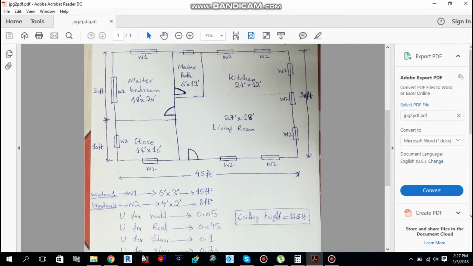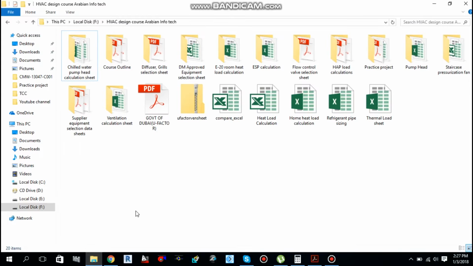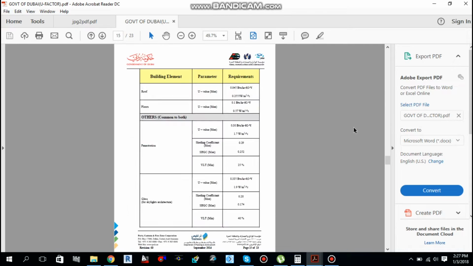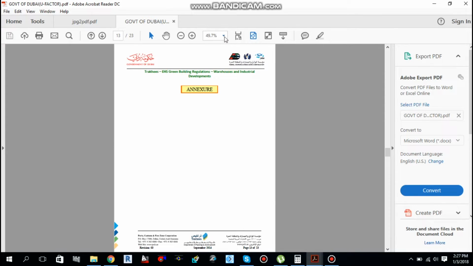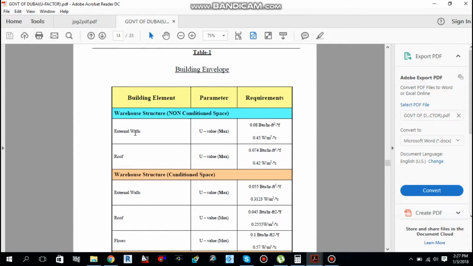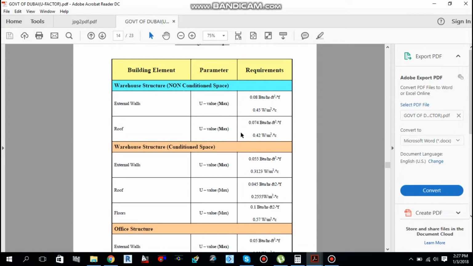So let me show you the U values which you're going to use in UAE, Dubai. Open this Chrome factor and move down over here. As you can see, for the warehouse structure non-conditioned space, the external wall U value is this and roof is this.